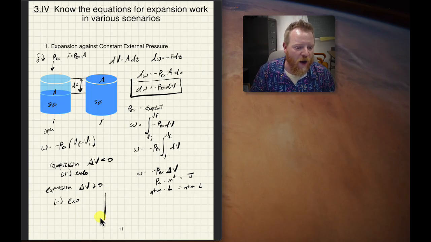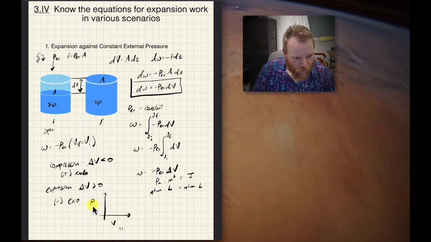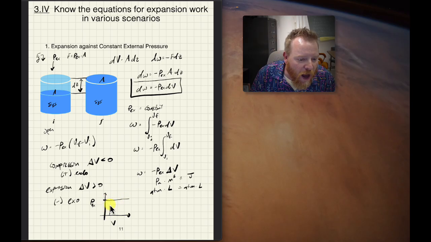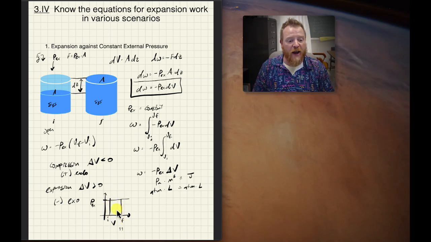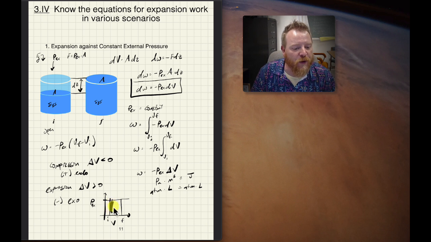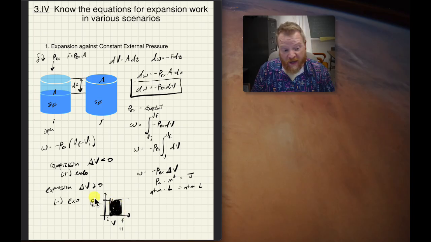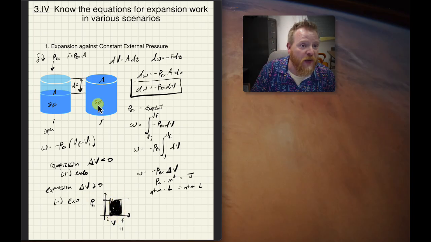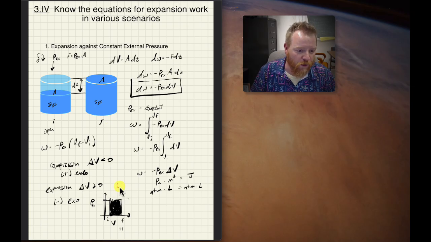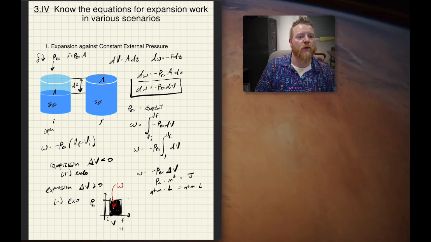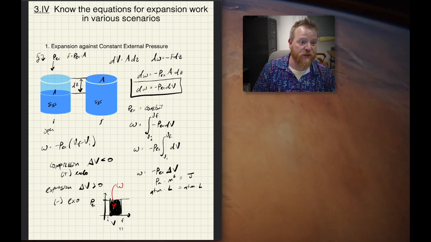If we make a graph out of this thing, just P versus V, we noted that our pressure was constant, right? So it appears out at some constant line and doesn't change. However, our volume went from this initial volume to this final volume. So this shaded region here on this PV diagram represents our work done. That is literally P dV. So that gives us our work. Okay, beautiful. So let's keep going into some different scenarios.